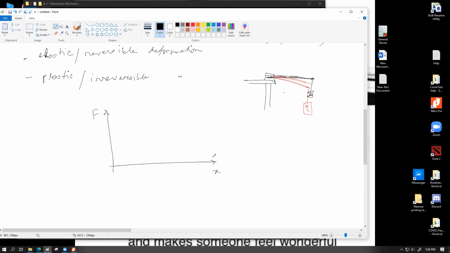So F is the applied force that is causing the deformation. X is the amount of extension or compression, depending upon what type of load you are applying. So in this case, the F is actually a lateral load. For this example, I was applying a load perpendicular to the axis, because if this is a rod, the